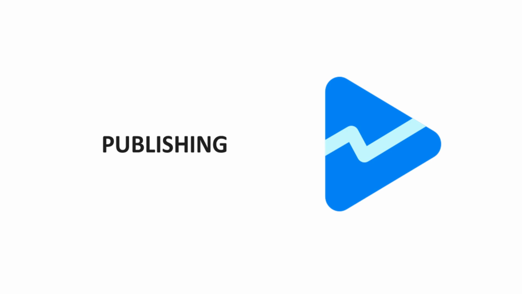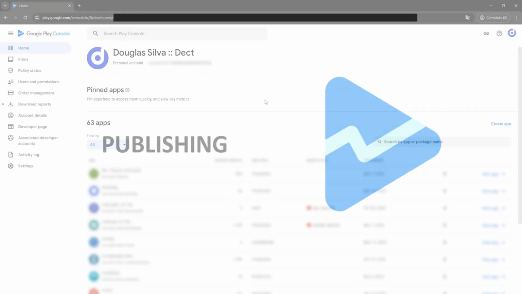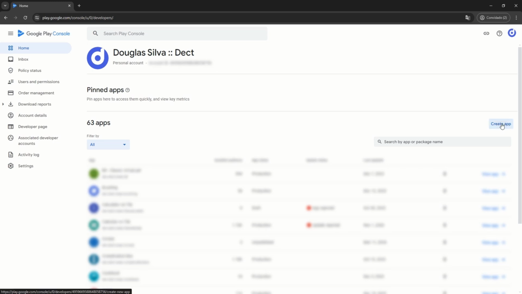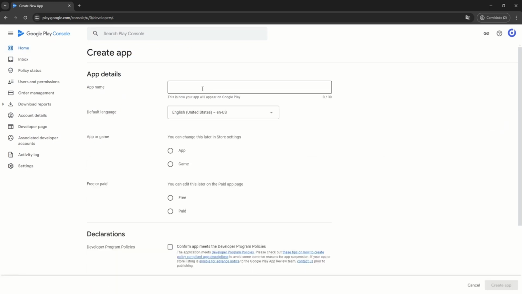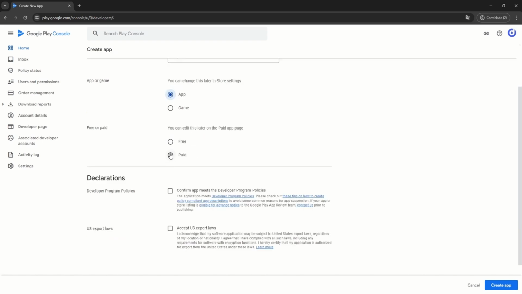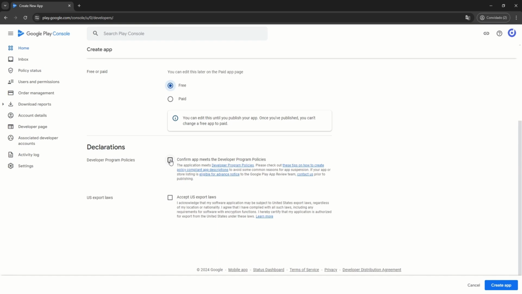Once again, I won't explain in depth because there are tons of videos teaching how to publish a regular app, and this isn't the purpose of this video. Publishing a watch face along with a phone app is pretty much the same process you do with a regular app, with just a couple extra steps. In a nutshell, open your Google Play Console account, then click on Create App. Set the watch face name, the default language of the store listing. Select App, choose between free and paid, confirm the policies, then click on Create App.